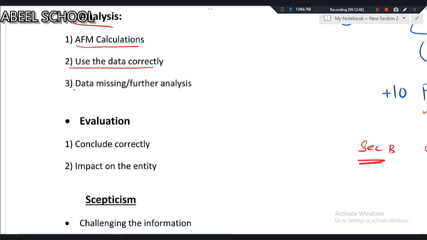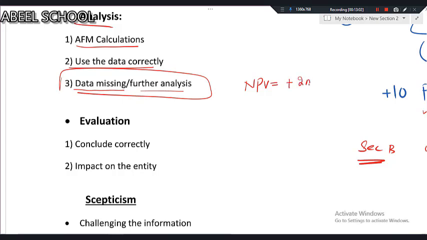Another very important point, data missing, further analysis. What do you mean by this? What do you mean by data missing and further analysis? For example, let's say you have calculated the NPV of a project which is positive 2 million. Obviously, due to having positive NPV, you will be writing in the exam that since the project is producing positive NPV, it will increase the wealth of shareholders. So the organization should opt for this project. The organization should make the investment. But